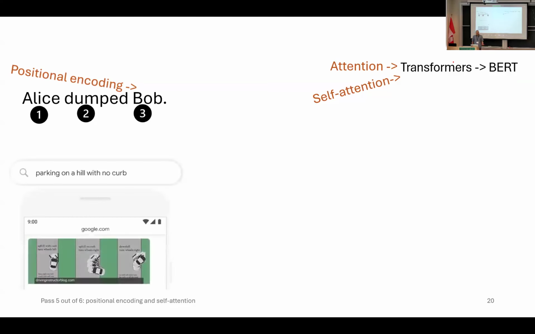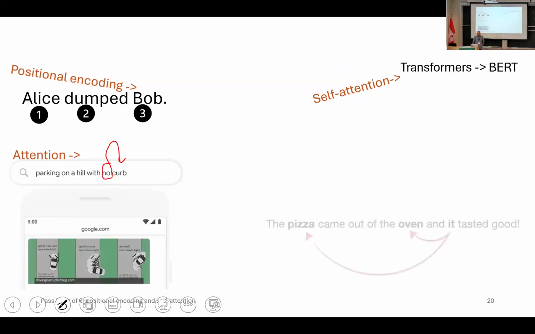All right, we talked about the attention mechanism already. So this example was about the attention mechanism and how the encoder must pay some attention to the word no when it is encoding the word curb. But what about self-attention? This is an example for self-attention. The pizza came out of the oven and it tasted good. So for the encoder to understand what it refers to,